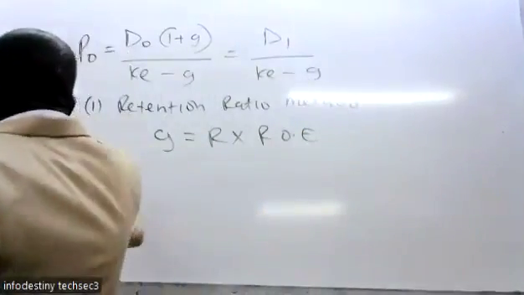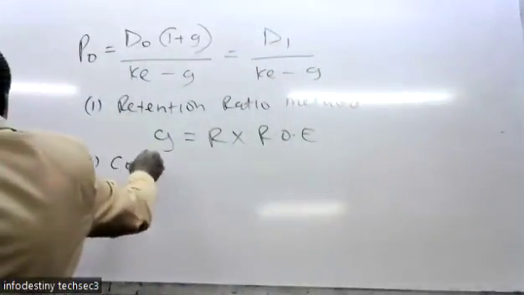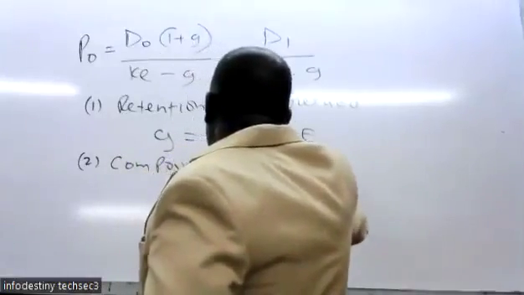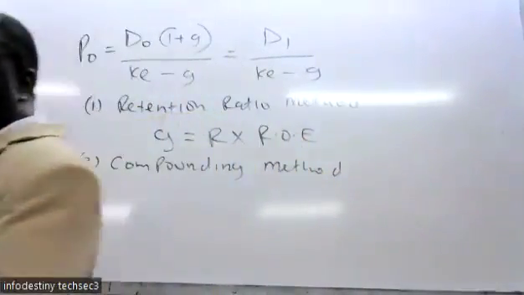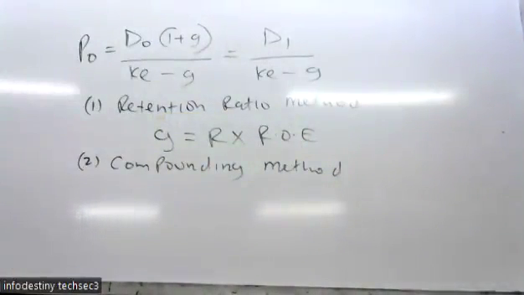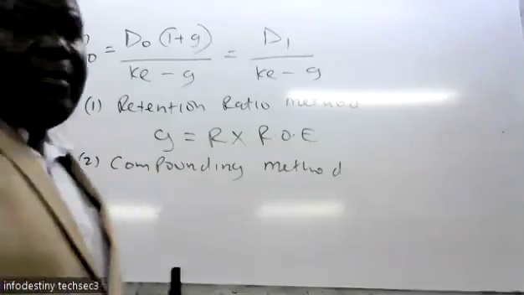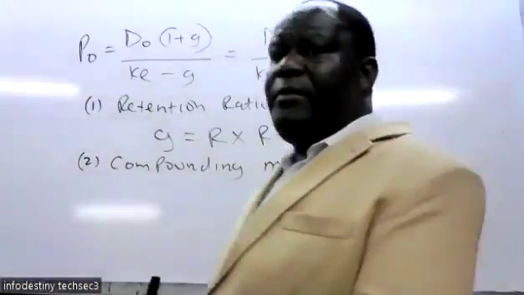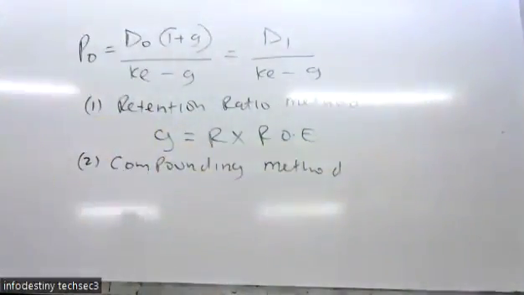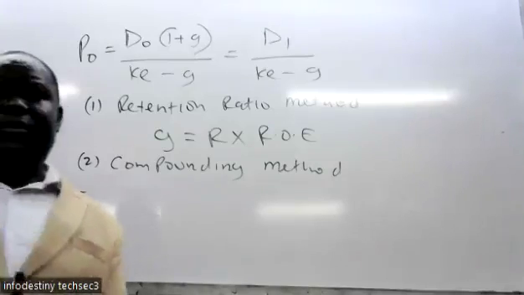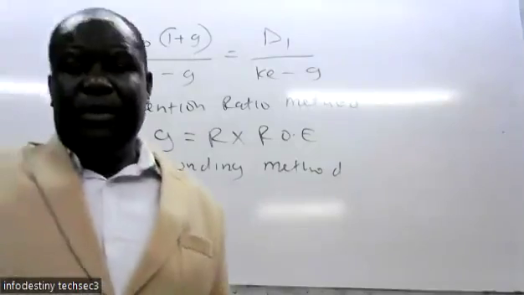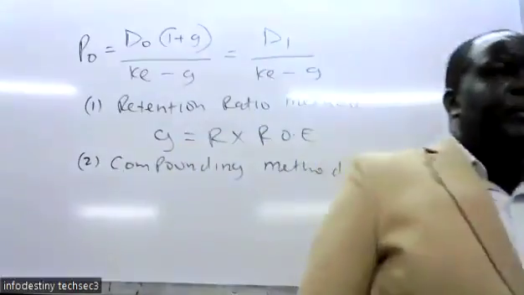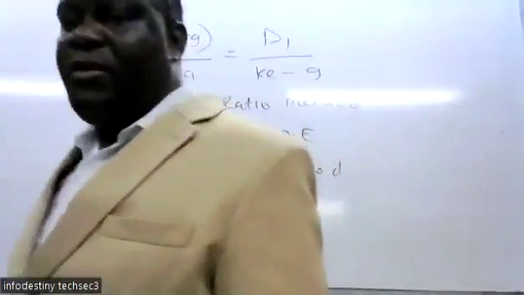Then the second formula will be the compounding method. So for the compounding method, you summarize that under this method, the constant growth rate will be